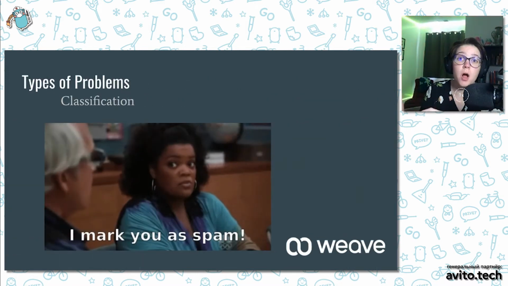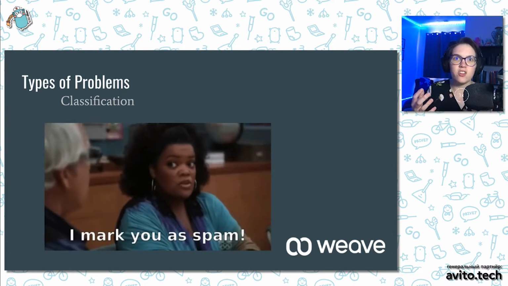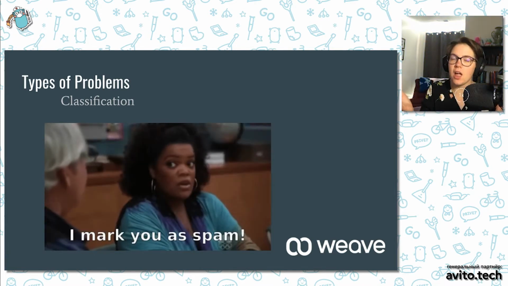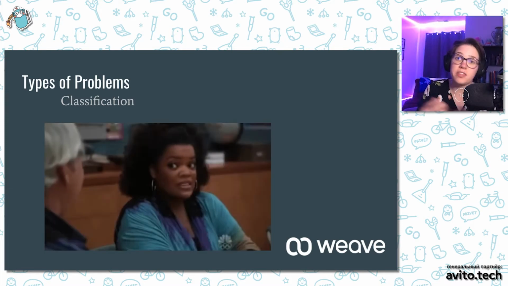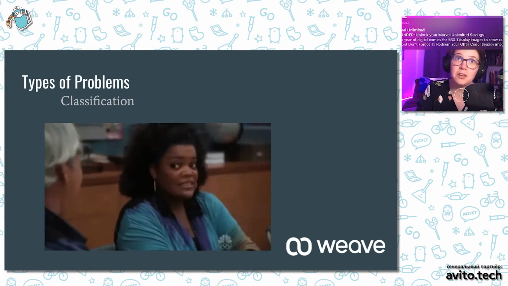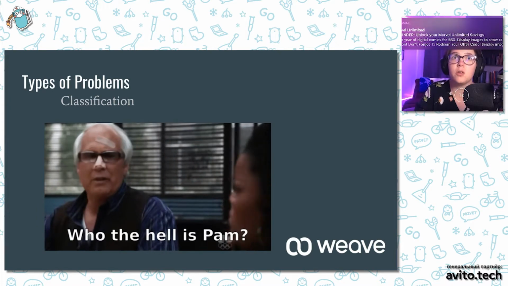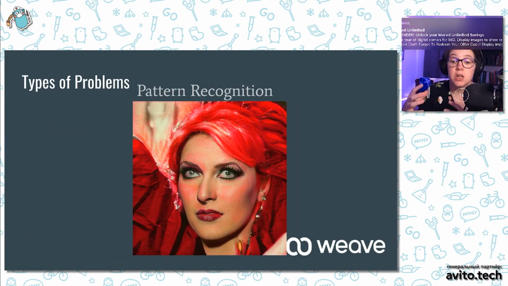There are a couple types of problems that tend to be really suited for machine learning. First one is classification. Everybody knows about the benefits of classifiers because they have been in our emails for years and years and years. As your spam classifiers, right? We get a whole lot less spam than we used to a long time ago, and that's just your basic ML classifier.